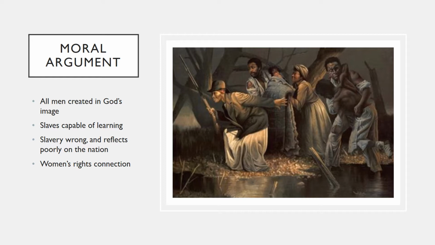This could be viewed with examples from people such as Frederick Douglass and others that actually wrote intelligent works of literature and gave intelligent speeches, were very civilized, and that slavery was just wrong, and it reflects poorly on the nation. That was a sentiment expressed during the Constitutional Convention as well. Some of the people were disgusted by it. They felt that it would look really bad on the country to continue slavery, but at that time it was about keeping all the states together in the Union when the nation was first